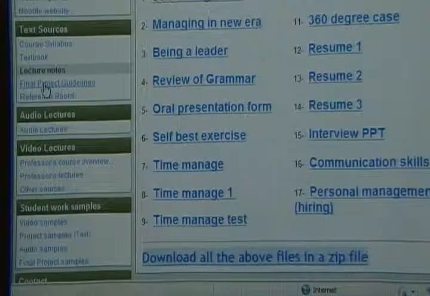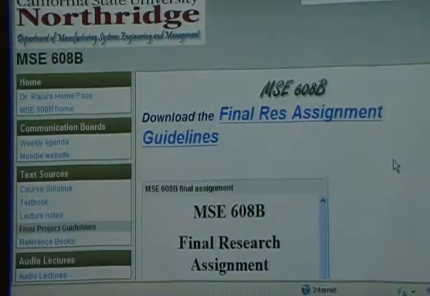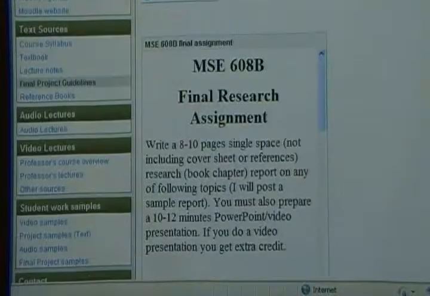Then the final project guidelines. Now this is very important. I want to emphasize that for your final project guideline. You can see